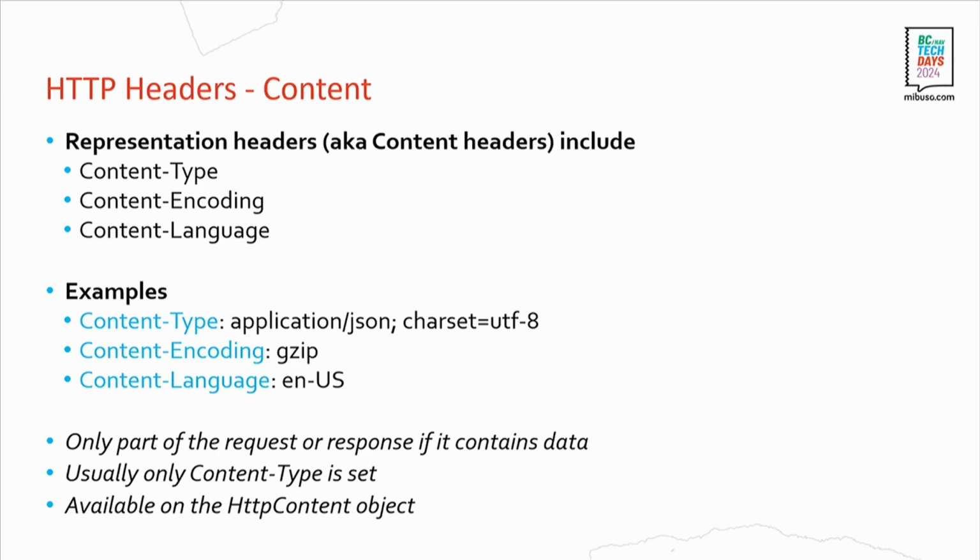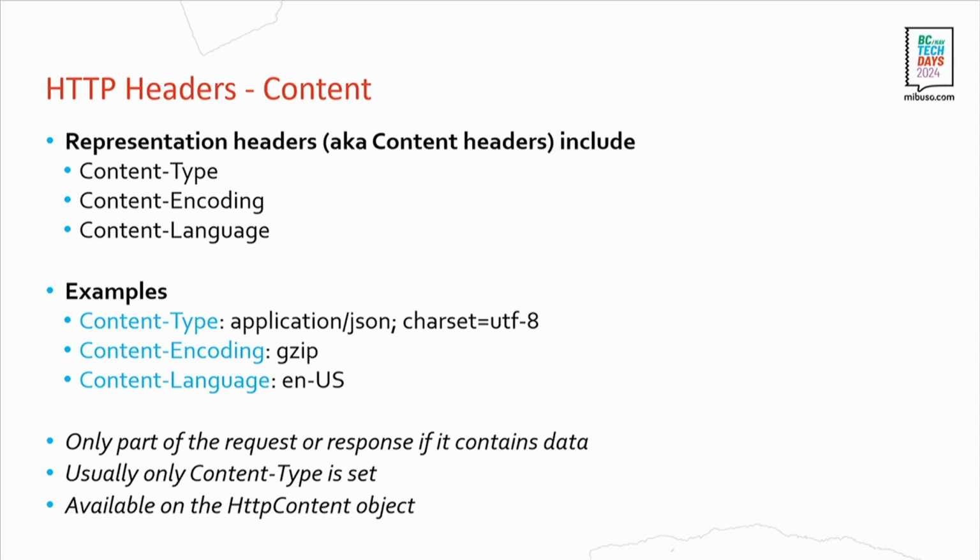Then we have the content headers, and that is actually what is officially named representation headers. Representation headers are about the content, and they can both be in the request and in the response, of course, because you can send content and you receive content. Just the content type header, the content encoding, content language. So content type could be